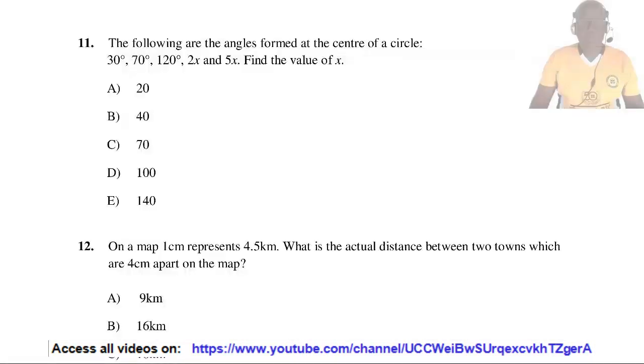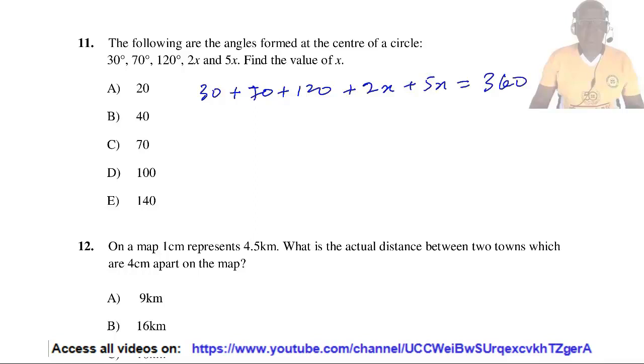Question 11. The following are angles formed at the center of a circle: 30 degrees, 70 degrees, 120 degrees, 2S, and 5S. Find the value of S. The angle at the center of a circle equals 360 degrees. Therefore, 30 plus 70 plus 120 plus 2S plus 5S should be equal to